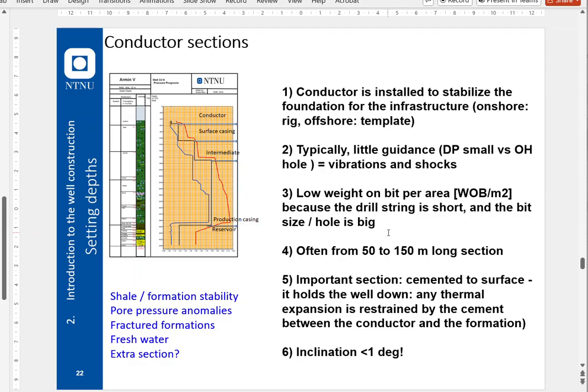Typically having this section is a very low weight on bit compared to the surface area. It's a very large size hole we're drilling, and we cannot put down too much weight. Typically it will increase the vibrations, and typically also it is not possible. For example, for a land-based construction, it's 10 meters from the rotary until you